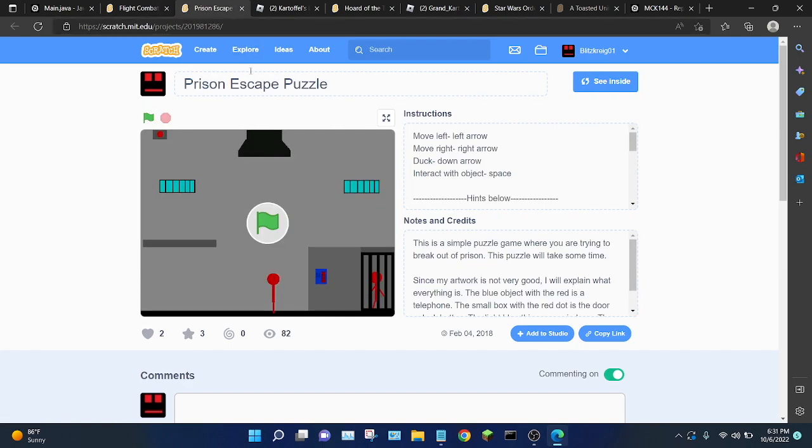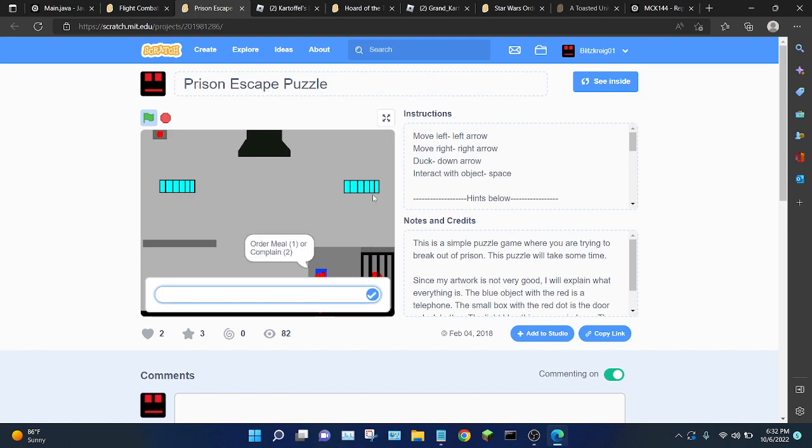Our next game is Prison Escape. This is a prison escape Scratch puzzle that I made. Actually, I don't know when I made this. This is a much newer project. You play as this stick figure guy trying to escape this prison. Right now, the exit door is over here. The door unlock button is over here. You have a cell phone, and you have a guy stuck in the prison cell. I'll interact with the cell phone, and then we'll move on since this game isn't super good. I'm just going to order a meal, and food falls from that shaft, because, yeah, that's how prison works.